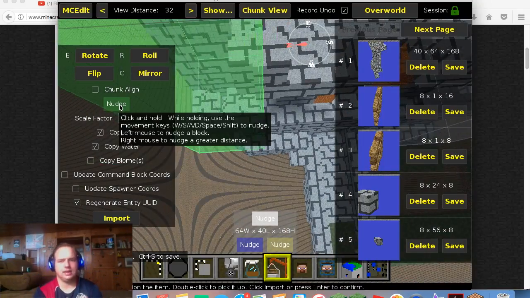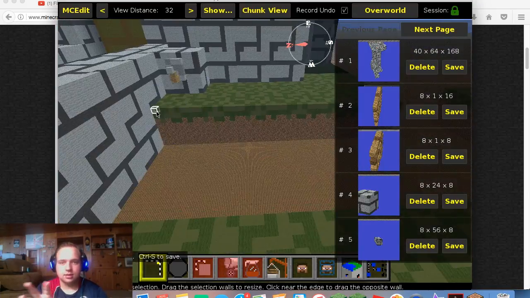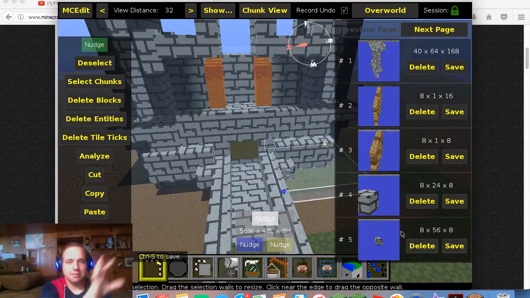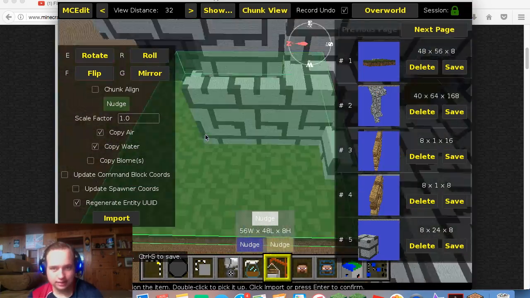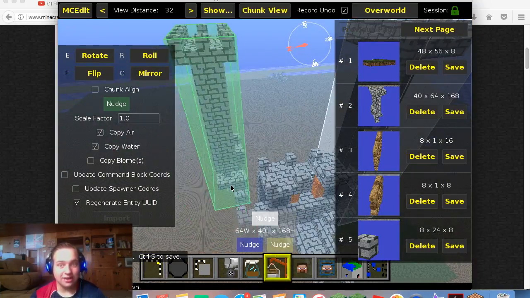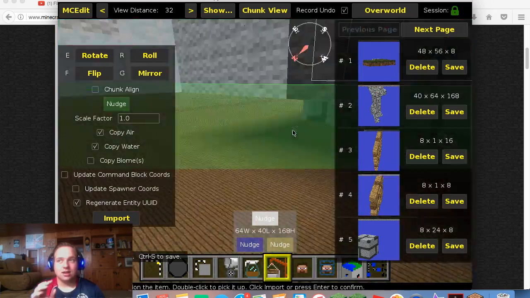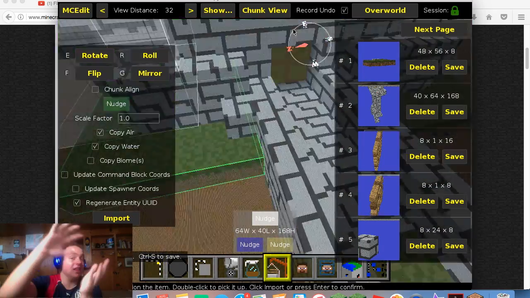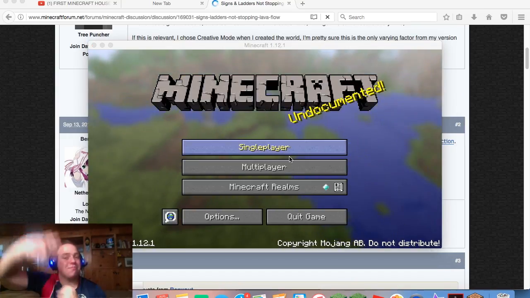If I'm just building a small thing, I'll normally just do block, copy, paste, block, copy, paste, if it's only 3 long. But in this case, it was 11 blocks high or 18 blocks high or whatever. And so I had to actually go in and copy, paste, then select both of them, copy, paste, select 4 of them, copy, paste, 8.